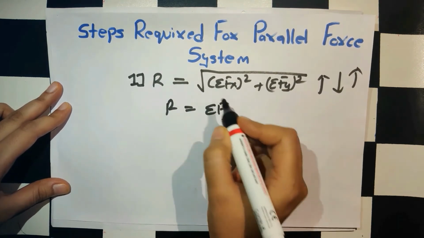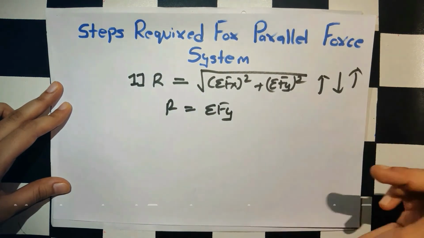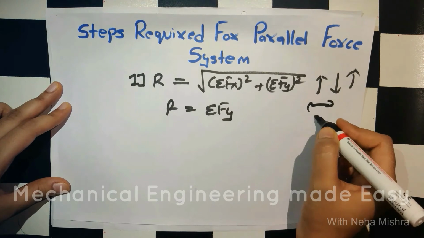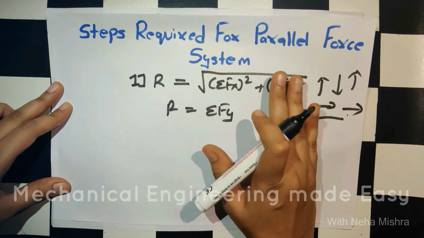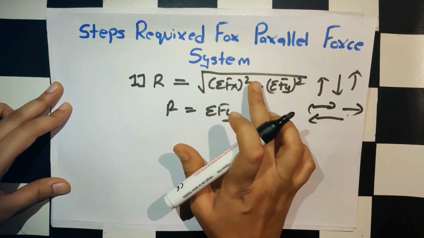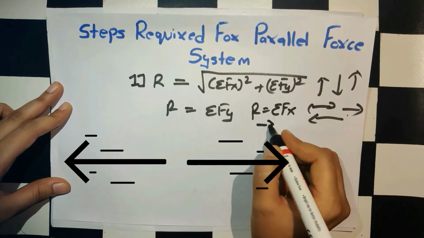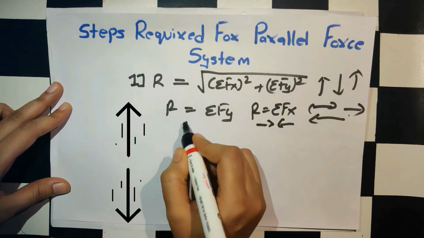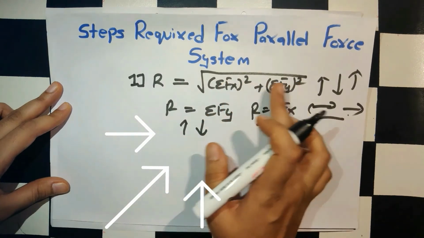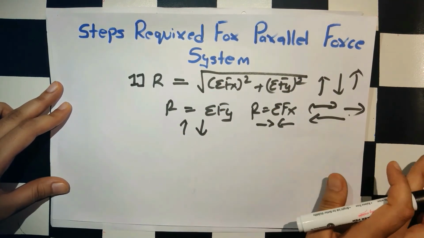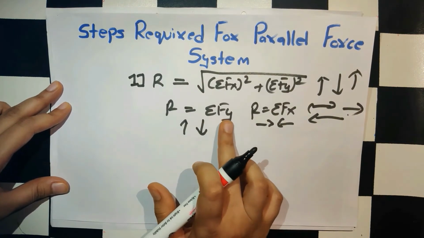summation Fy. The square root and square get cancelled if your summation Fx is 0, as in this problem. If in the question you had only horizontal forces, in that case your summation Fy would be 0 and the square root of summation Fx square would be nothing but summation Fx. That is if you have only horizontal forces, and the other is only if you have vertical forces. If you have a combination of both, then you have to use both these values. Understood? Only in this question we had only vertical forces, so R was nothing but summation Fy.